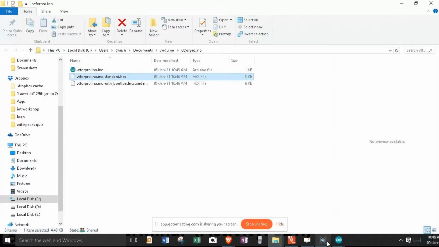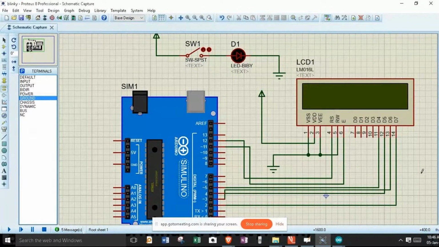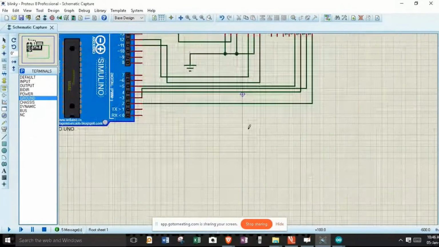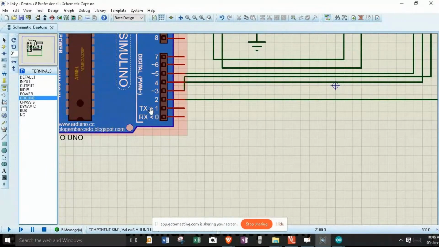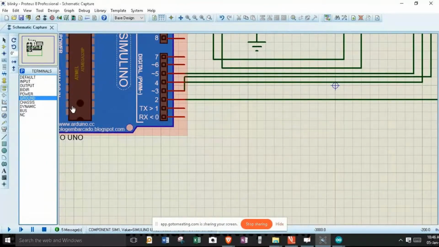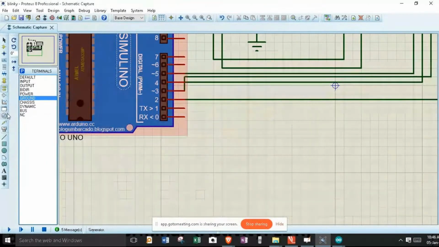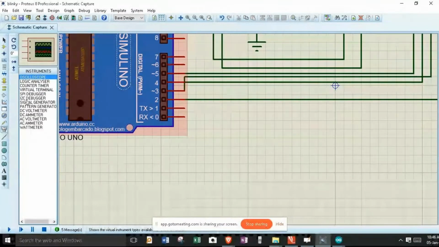All I got to do is get back to my Proteus EDA tool, and down here, because digital pin 0 and 1 are multiplexed with UART functionality, that is TX and RX, I got to first select virtual terminal, which can be found under instrumentation, virtual instrumentation.